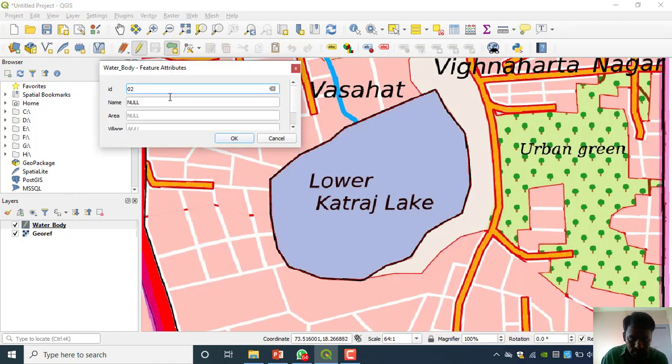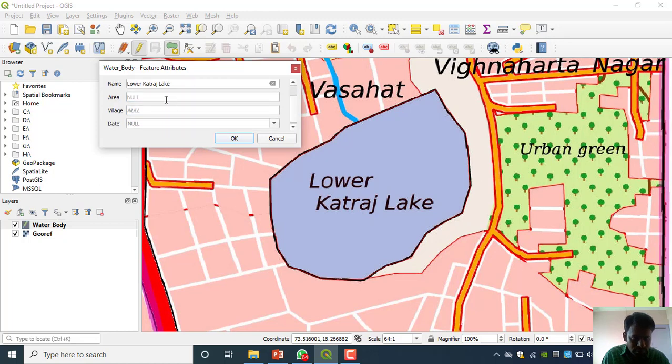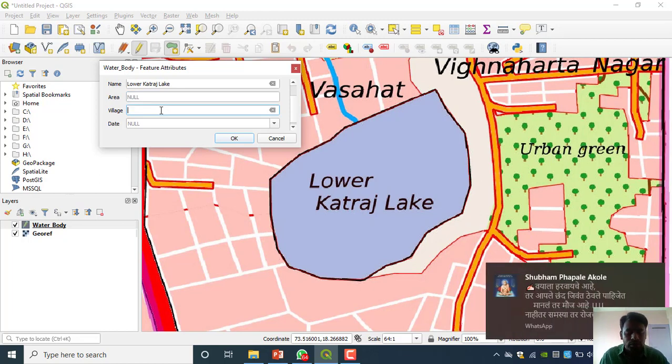Now ID for this one, lower Katraj leg. Area, again Katraj, we can say. Why is it not taking that value? Okay, sorry.